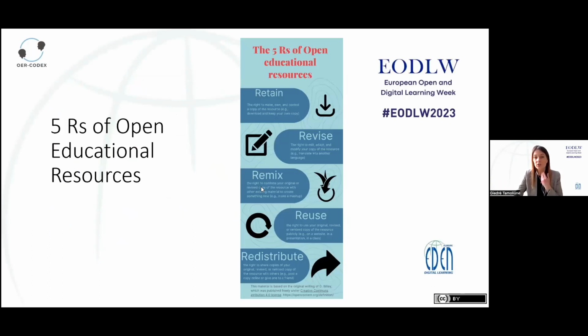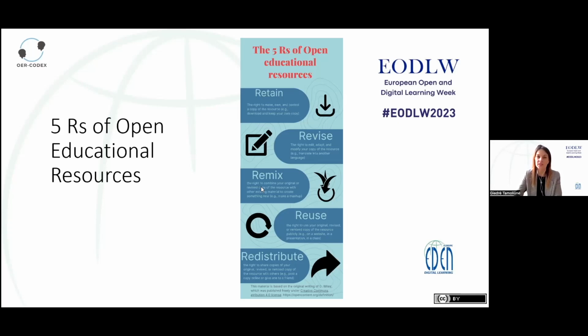As mentioned, open educational resources have unique rights associated with the content that is often referred to as the 5 Rs. And these 5 Rs stand for retain, revise, remix, reuse, and redistribute. I'm not going to explain them in detail now, but you can find all this information in more detail in the training material. And of course, we have additional links to video materials and other resources that can explain it